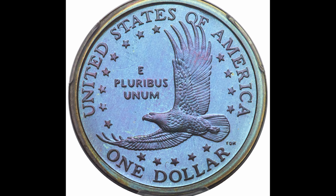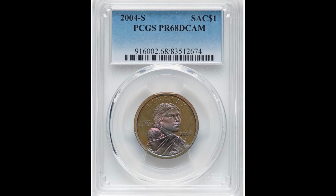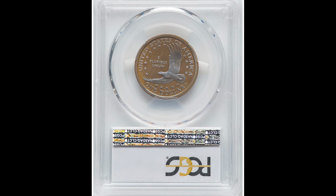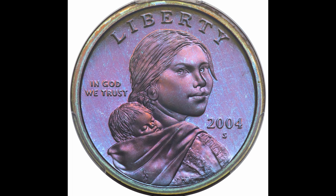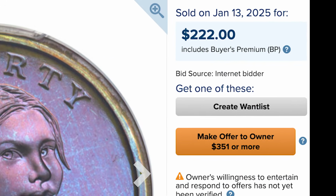There are some people that like toned coins like this, and then on the flip side of that, there are some people that really don't like toned coins. Now toning or coloration like this happens depending on how the coin was stored. It's all about the metal composition. Whatever is in the air will oxidize with that coin, causing a discolored look. This coin sold for